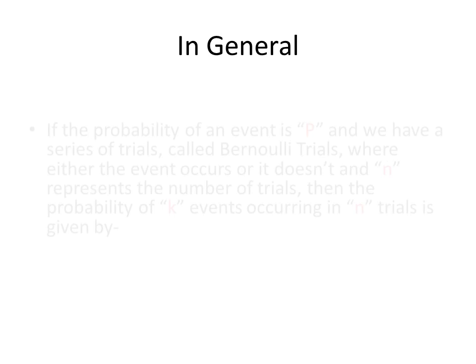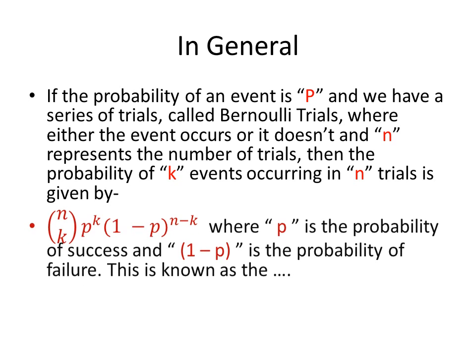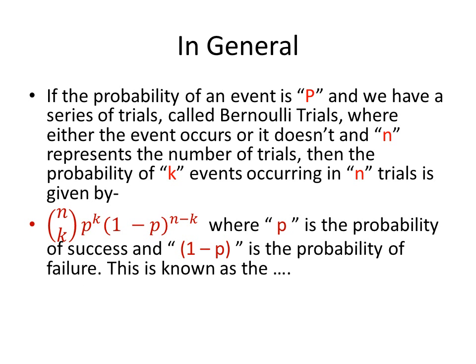In general, if the probability of an event is given by the variable p, and we have a series of trials we call Bernoulli trials, where either the event occurs or it doesn't occur, and n represents the number of trials, then the probability of k events occurring in n number of trials is given by this probability density function,